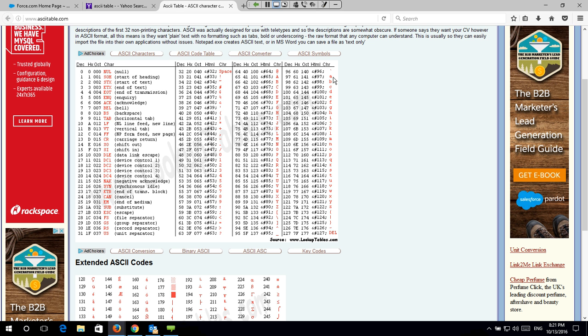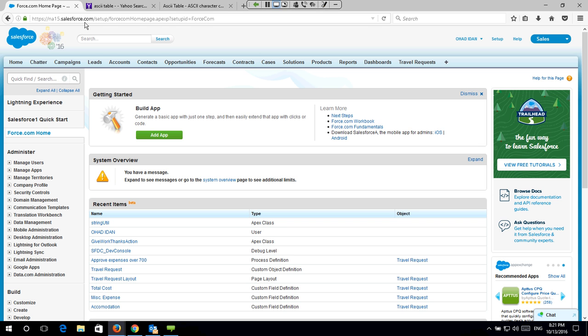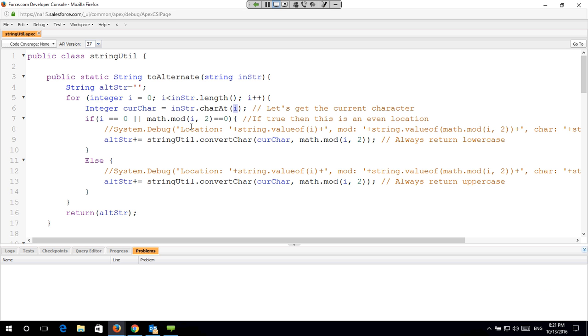Lowercase a is 97 and goes over until 122. So when I use this char at, I'm actually getting that value from the ASCII table. So that is something that may be a little bit more than what we've spoken about so far. And now what I'm doing, I'm saying if I is 0,